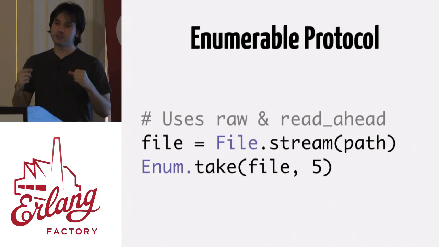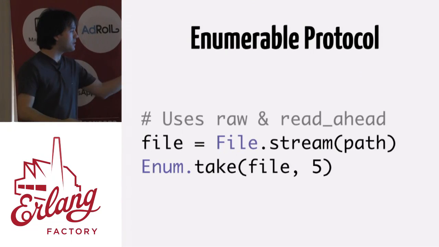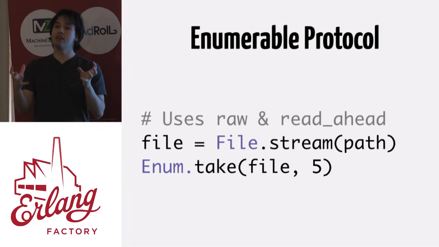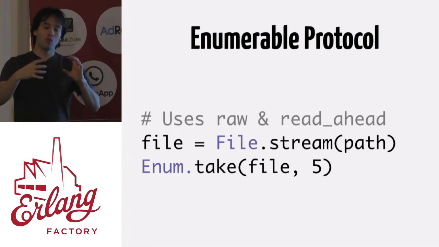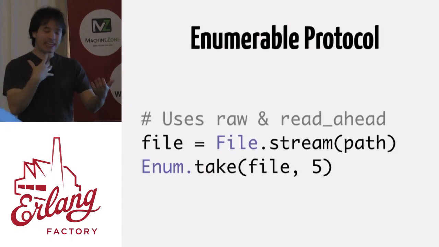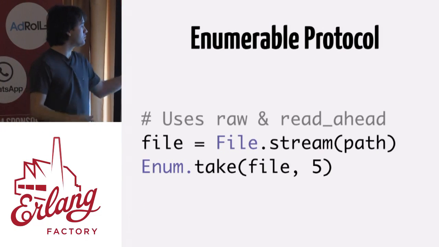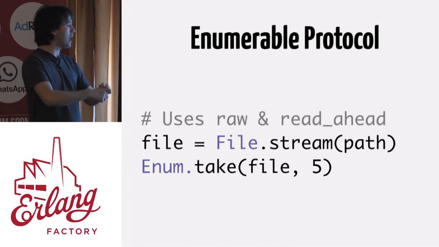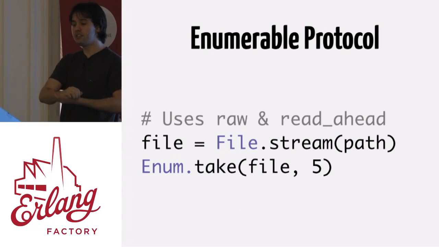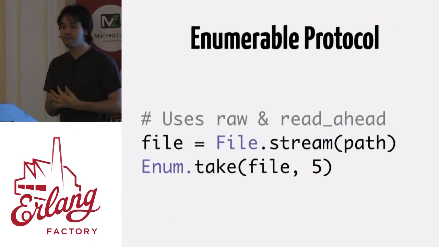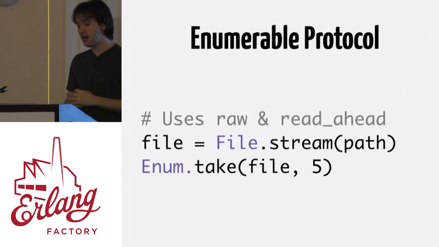And the thing about File.stream is that it already starts giving us this idea of laziness, because when you say File.stream, it doesn't open the file. It just contains a representation of how we need to open the file when there is a need, get the entries out of the file, and then close it. Okay? So File.stream just returns this representation, and just when we need to actually traverse the file, the file is opened, we get the 5 lines and close it, and we don't even need to traverse the whole file. So this is a really nice example. We are going to come back to laziness later.